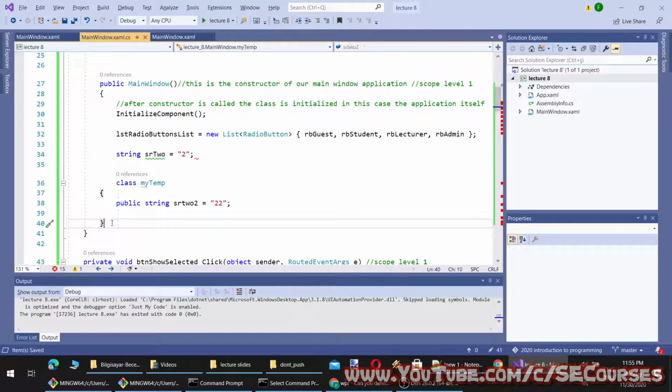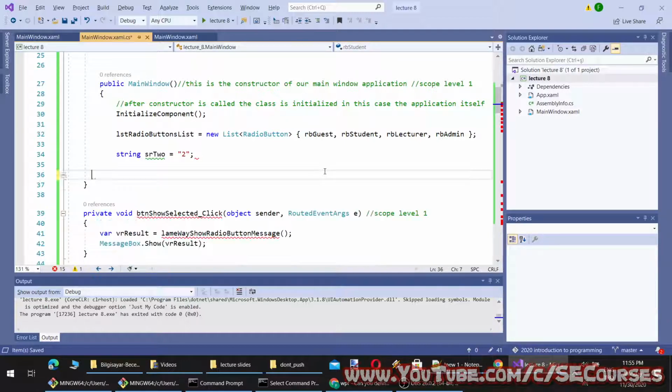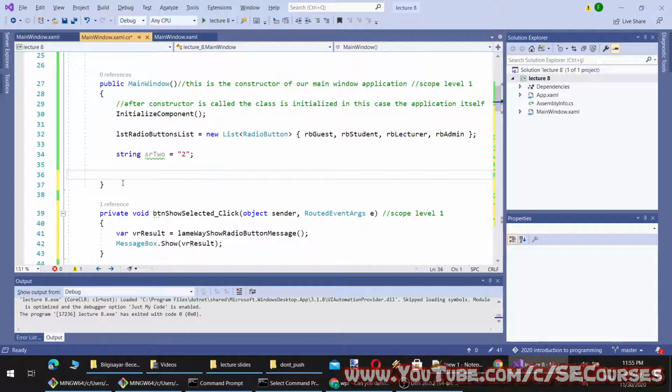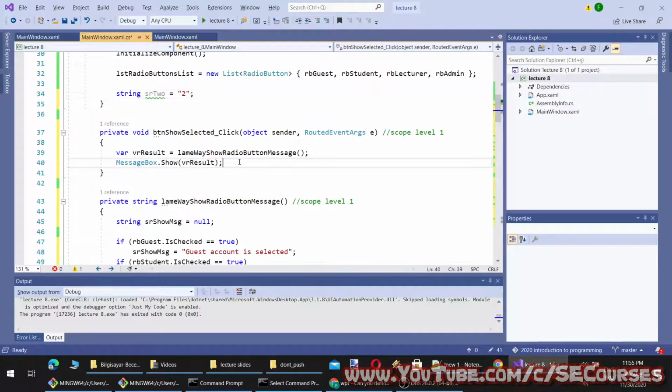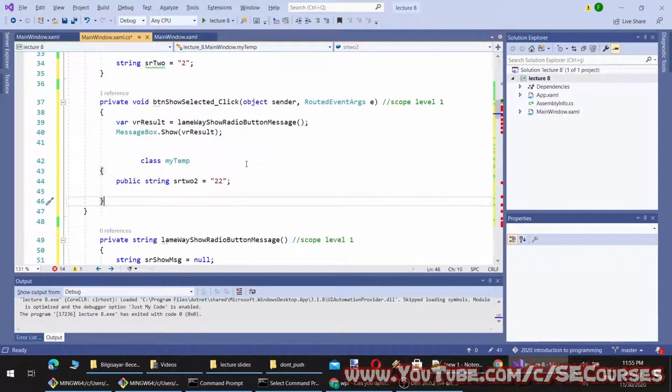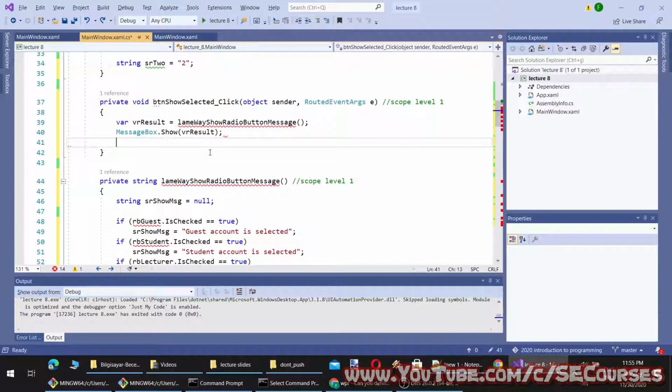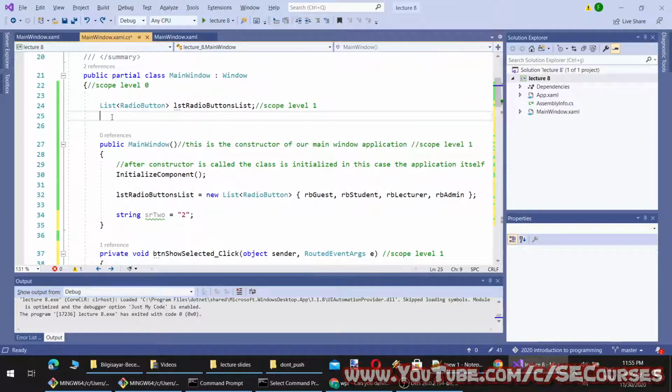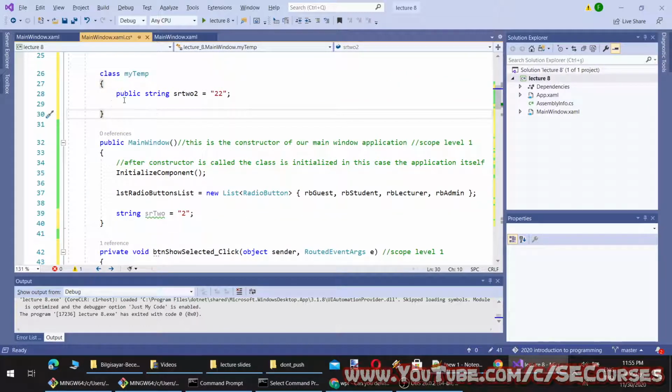It appears that we are not able to define a class inside a constructor, I think. Can I define it here? No. So classes can be defined only inside other classes. It appears that. However, I can define a class here.